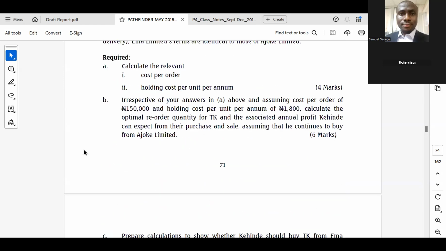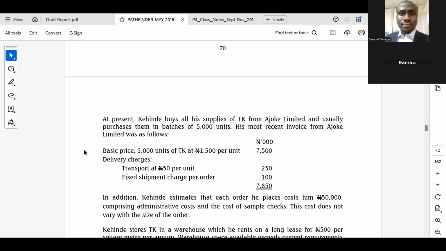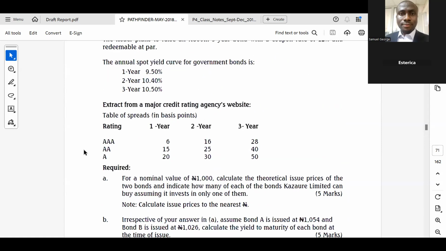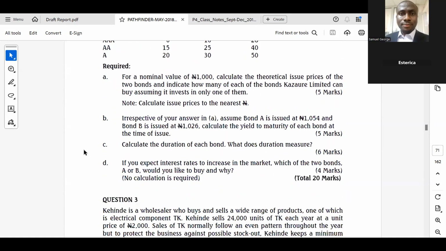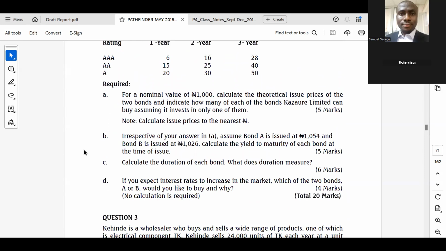That is question 2C: calculate the duration of each bond. What does duration measure? I have mentioned it. Duration measures time taken, time taken to recover cash flows. Now, if we are going to calculate the duration,